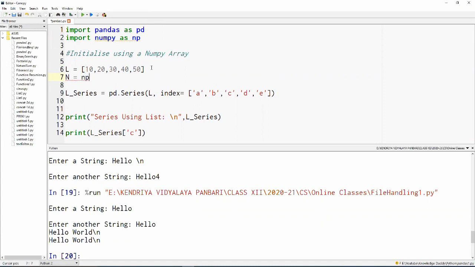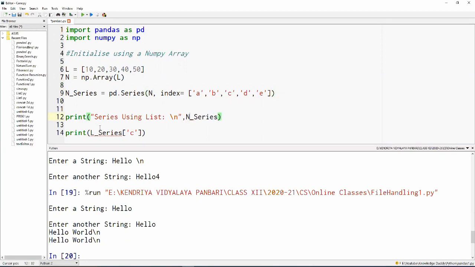We write np dot array and then provide the list. Once we provide the list, we create the series by providing the NumPy array and the indexes with it. It's exactly the same as using a normal Python list. It works in exactly the same manner.